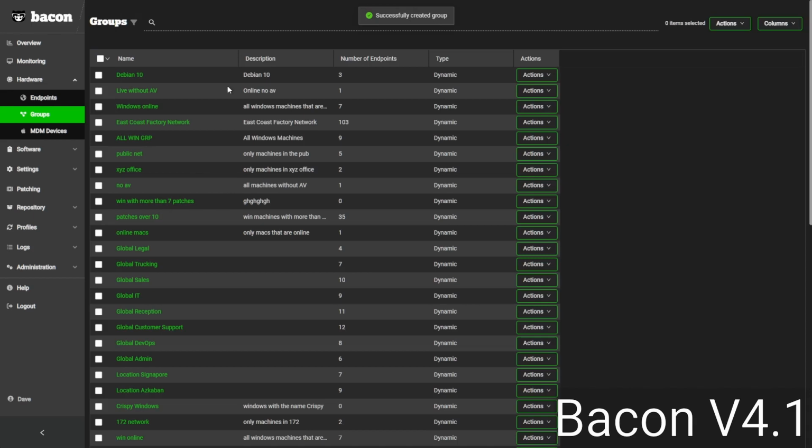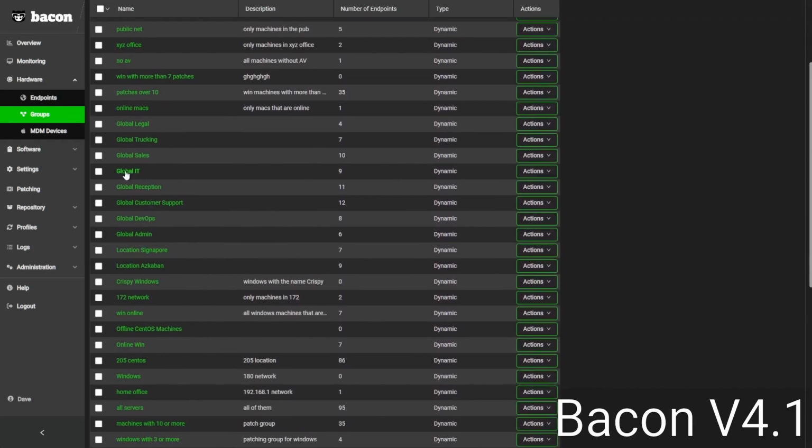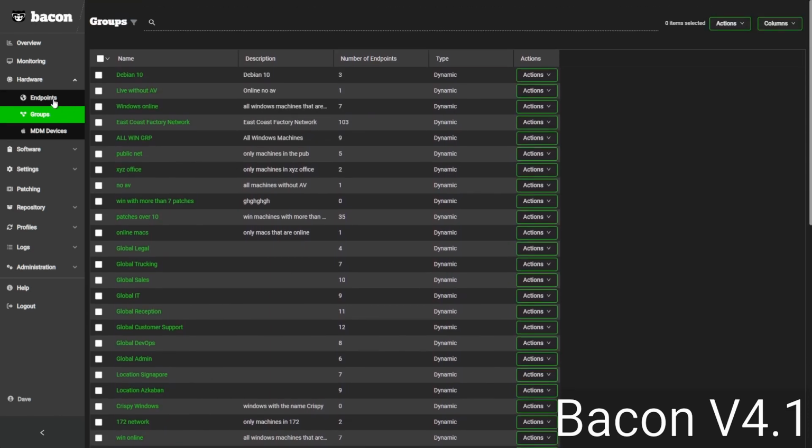Now, when it comes to merging groups, that's also very simple. So let's say I have a bunch of different groups for a specific site, or in this case, use cases. Let's say I want to mix the IT group here and the reception group, I can do that very simply. So again, on my endpoints table,